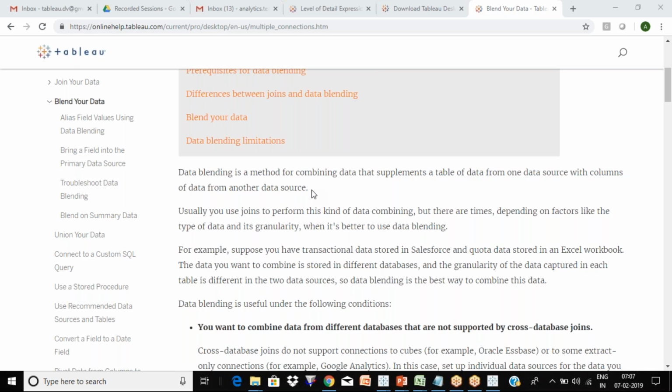you have one data set in Excel, and another data set in MS Access. Both are different, right? Different sources of data. If it is the same source, Access to Access, then joins would work. Excel to Excel joins would work. Teradata table to Teradata table joins would work. But if the data which you are looking at is spread across multiple different sources, then we go for data